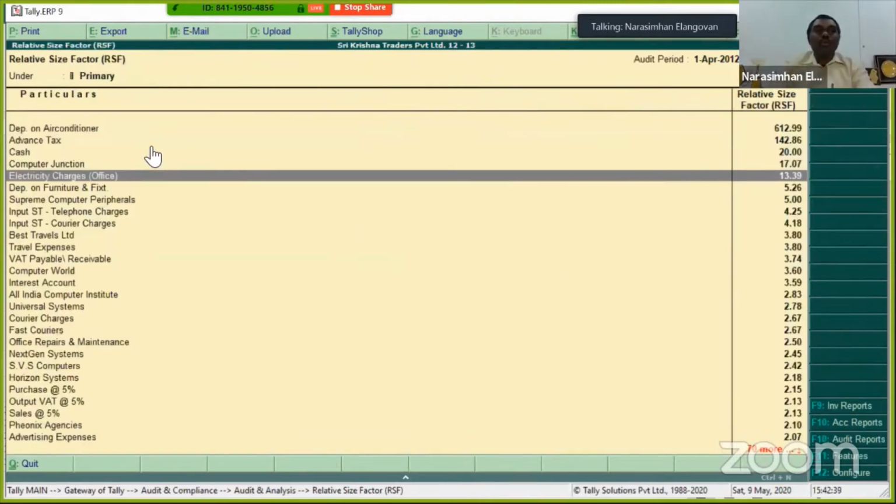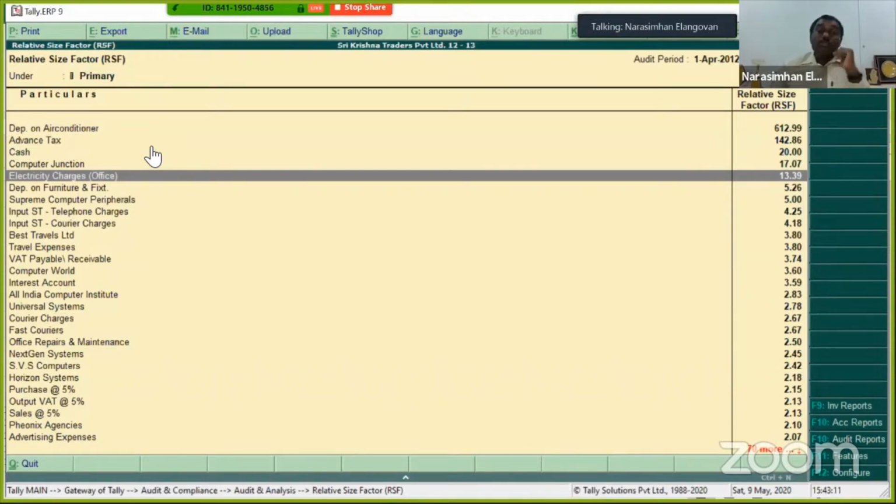So this is how we can try to safeguard. That is basically the relative size factor. If you ask me, this is one of my personal favorites. Any webinar I go to, if I'm asked to speak about audit or automation or analytics, compulsorily I'll speak on RSF, because that is the power of this. Now you can prepare multiple variants of it. You can prepare RSF using second highest and third highest and fourth highest. But again, largely I think first to second will serve the purpose.